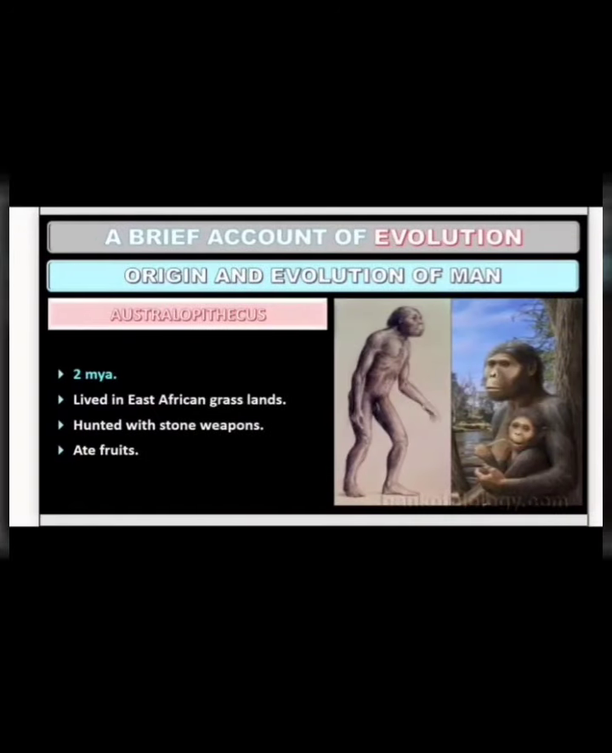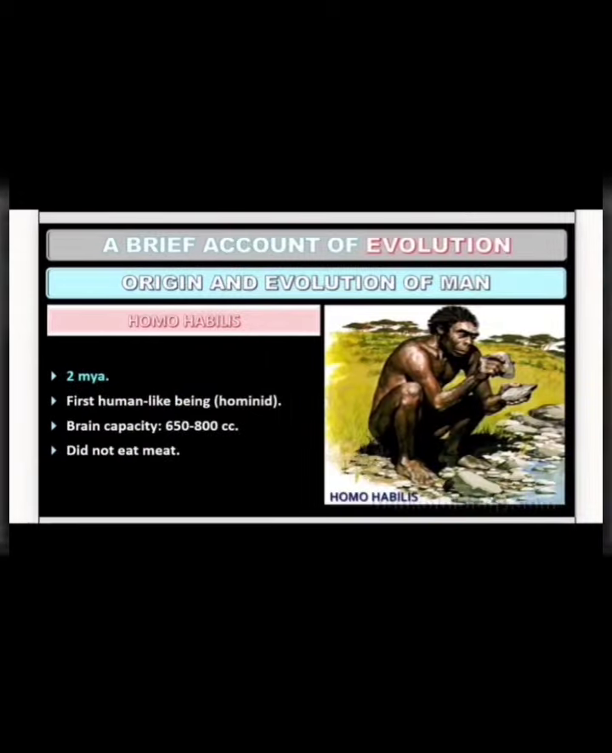Okay, so next comes Australopithecus. 2 million years ago they lived in East Africa, in the East African grasslands, and hunted with stones and weapons. That man used stones as weapons to hunt, and he used to eat fruits. Okay, so next,